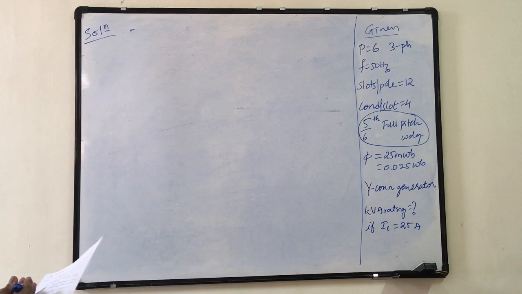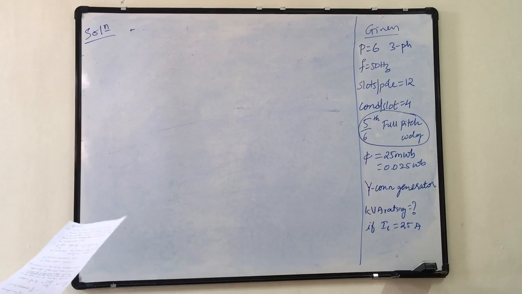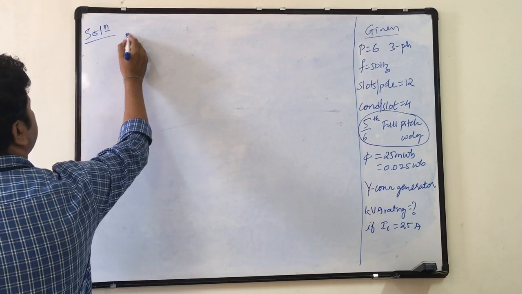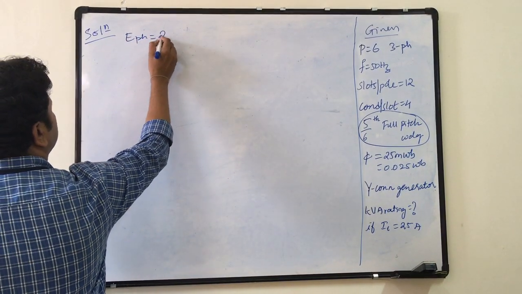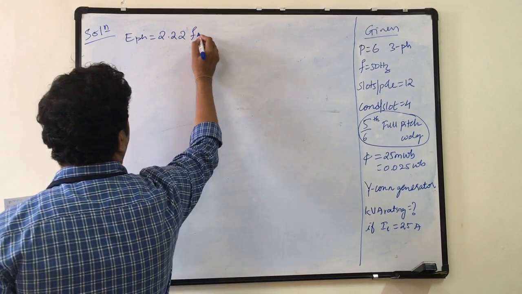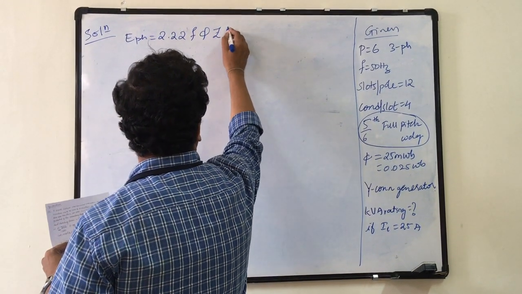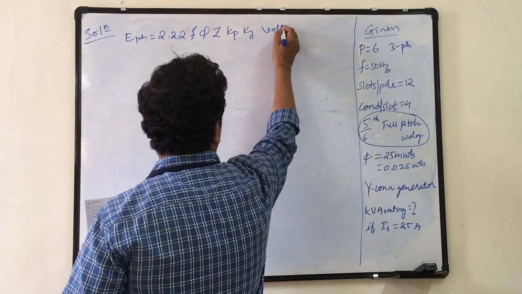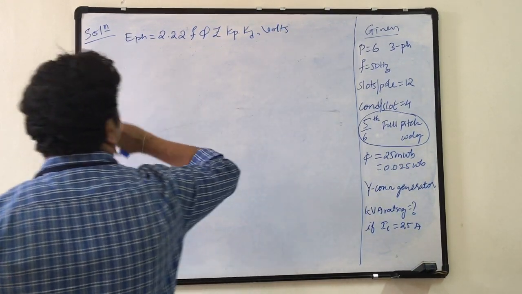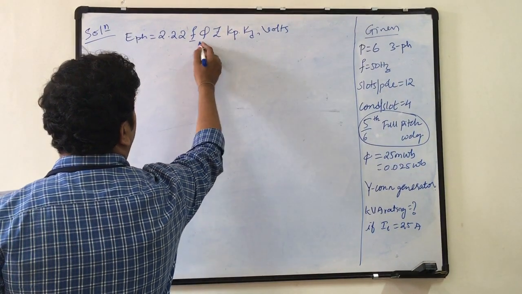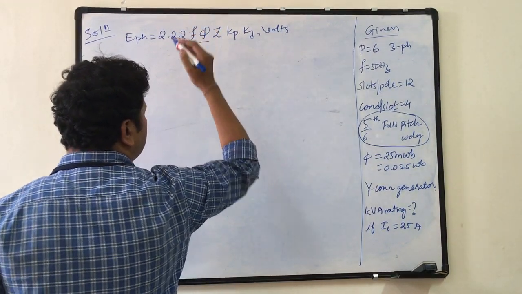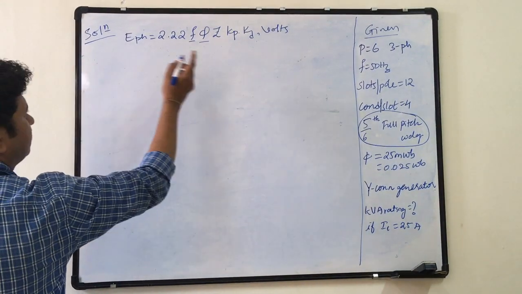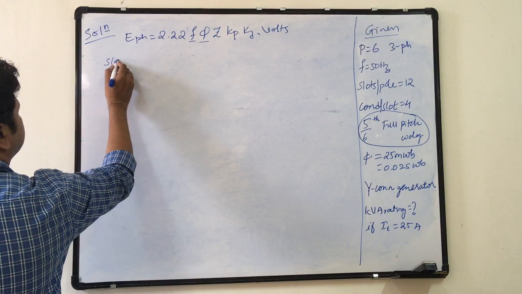First we will see what are the given things in the EMF equation. So the EMF equation is E_ph = 2.22 f phi Z Kp Kd volts. I know f, it is given, I know phi, it is given, Z I need to find out by the given data. Okay, so slots per pole